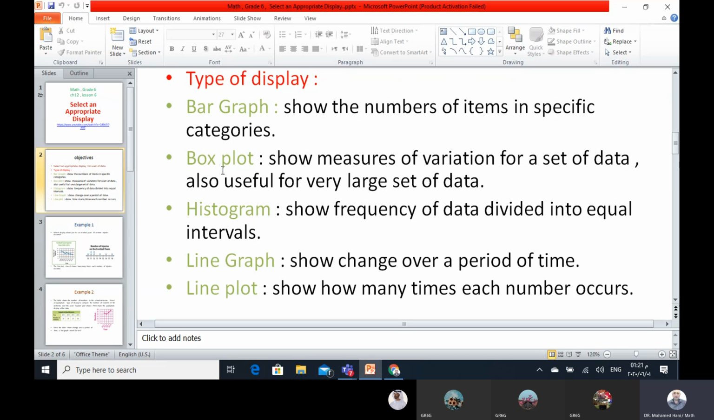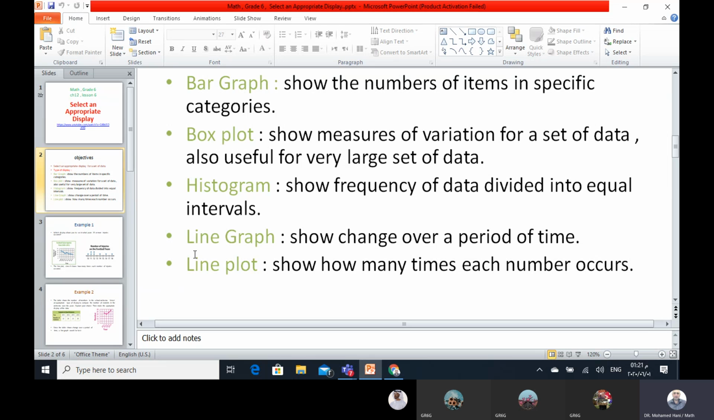Box plot, I can use a box plot when I want to show the measure of variation when I have a very large set. Histogram, I can use a histogram when I want to show the frequency. I can use a line graph when I want to show the change, increase or decrease. I can use the line plot when I want to show how many times, how many numbers I have inside the data. For example,